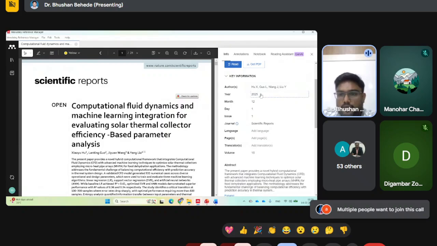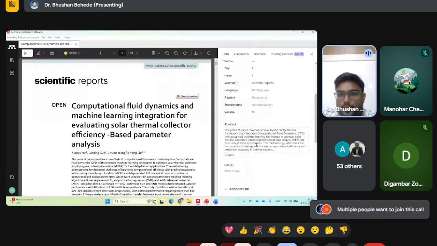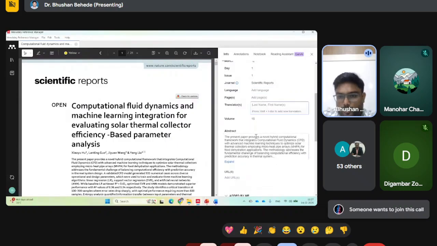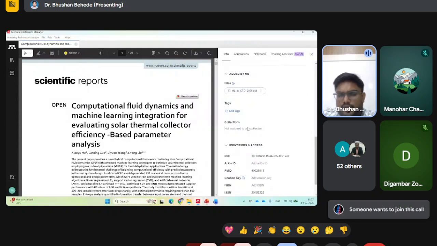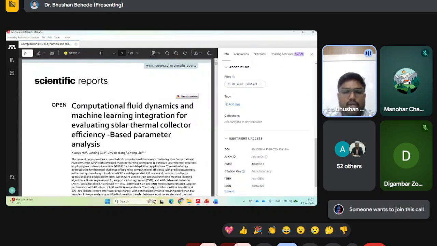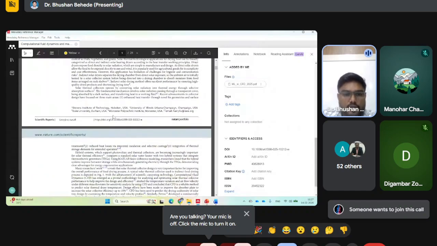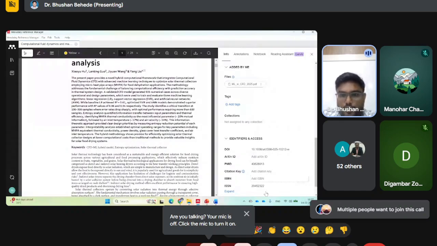Then here authors, year, month, you can see a lot of information is available. You can add certain fields if you feel that you have to add certain fields which have not been automatically imported by the software, then you can add that. The option is available to you. Here DOI, everything is there. Now you can read the paper directly from here. So this is the overview of Mendeley Read, or how to read the paper from